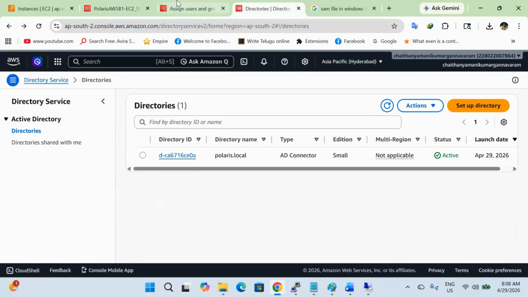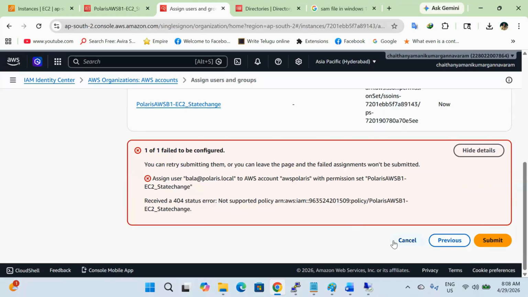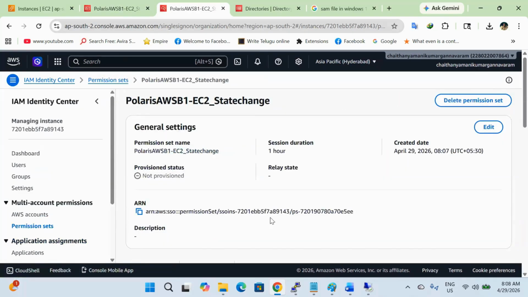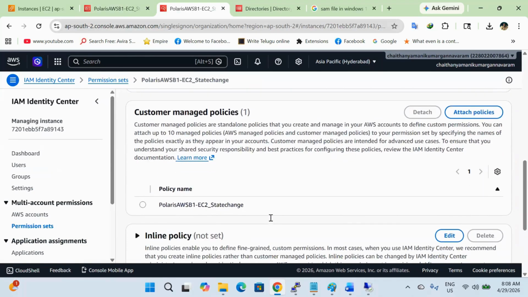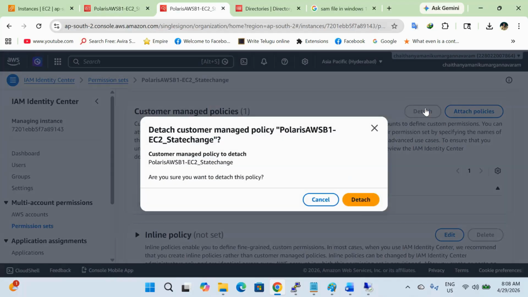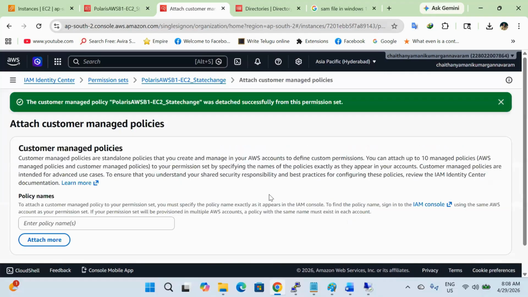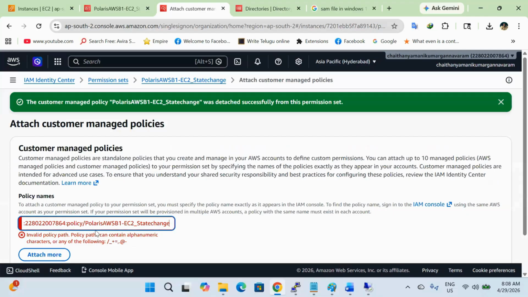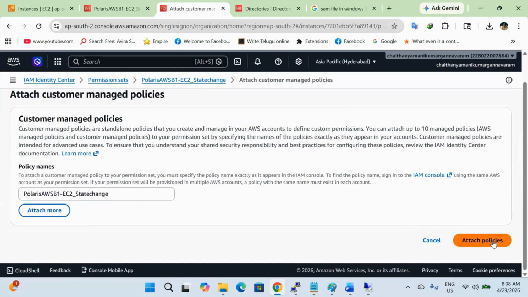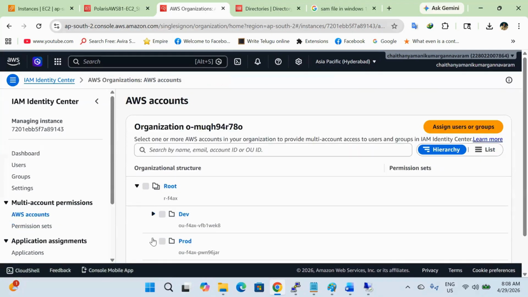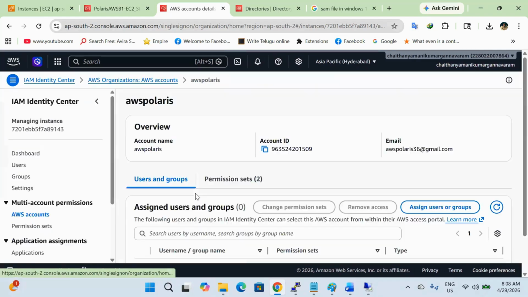Let me go back to my assign users, cancel, permission set. Okay, so customer policy, detach policy, attach policy. I will provide this actually. Okay, done. So attach the policy. Now what will happen here if I go back to the AWS accounts? In the production account, AWS Polaris,